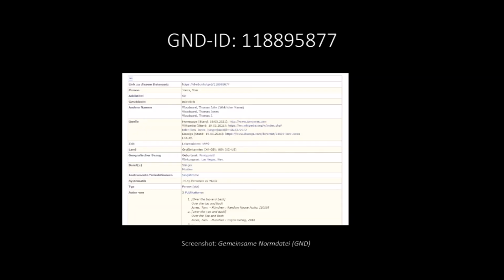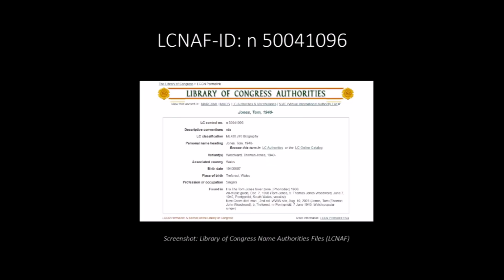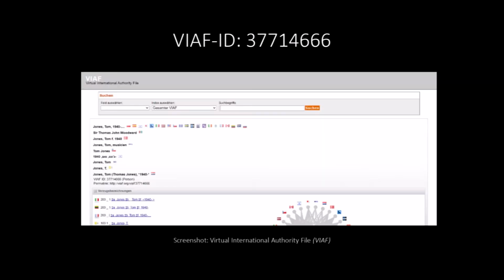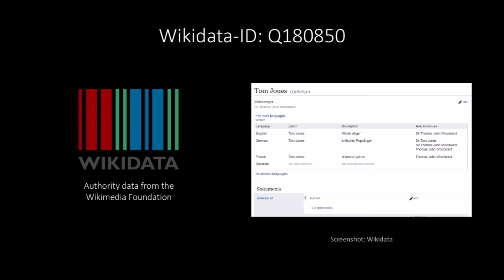Our Tom Jones is identified in the GND by the file number 1188958777, in the LCNAF by the number N5004196, and by the VIAF number 3771466. The Wikimedia Foundation that you all know from Wikipedia